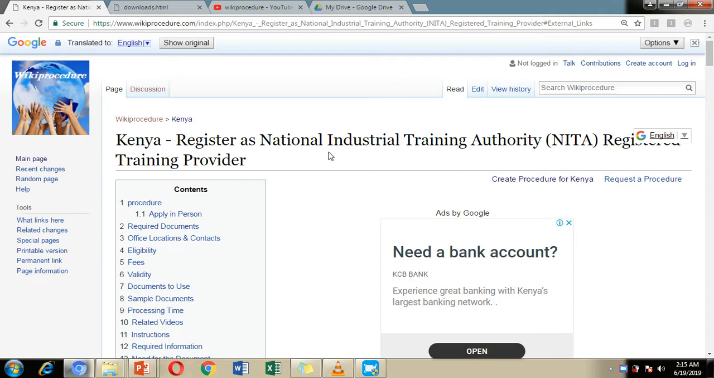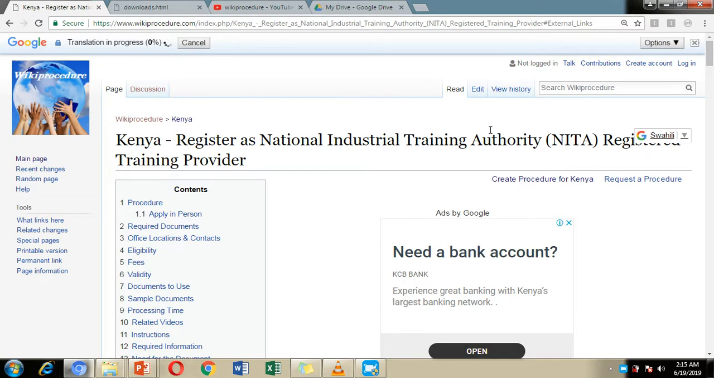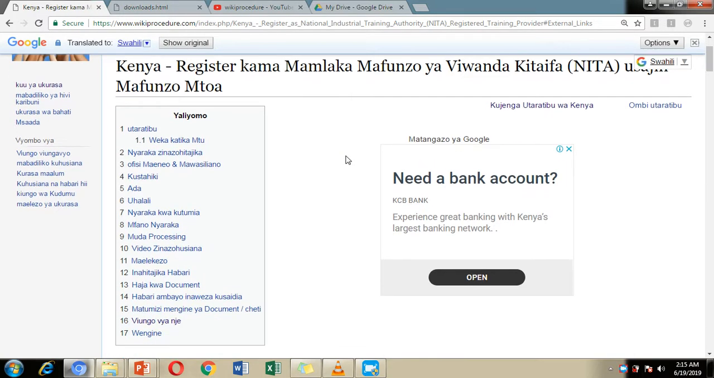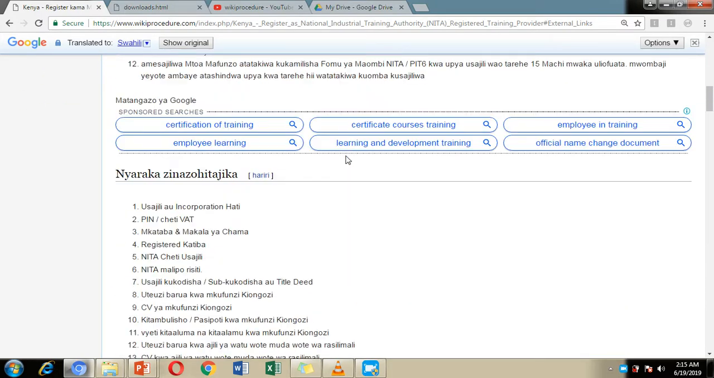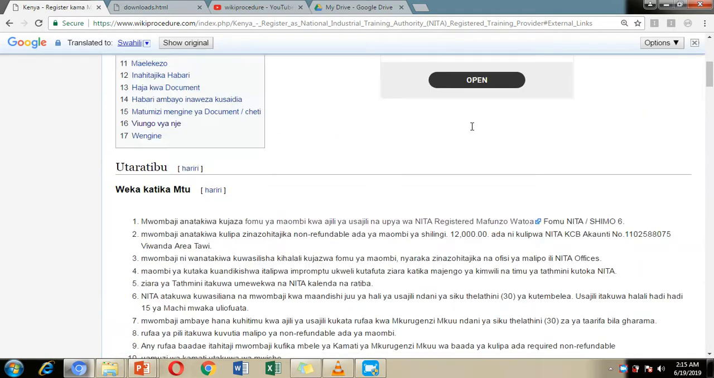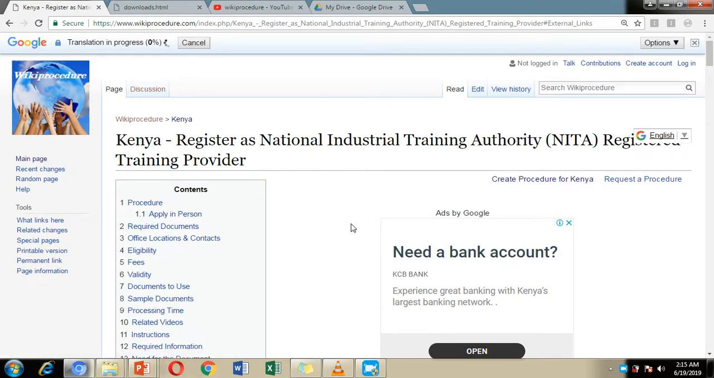And on the right hand side of our screen, we have given you a select language option, which you can use to select a language which is easy for you to comprehend. By selecting that language, for example Swahili, all the information on our wiki procedure website page will be translated to the language of your choice, and you'll be able to read through the information with ease. And you can easily revert back to English by once again clicking on English, and everything will be translated back